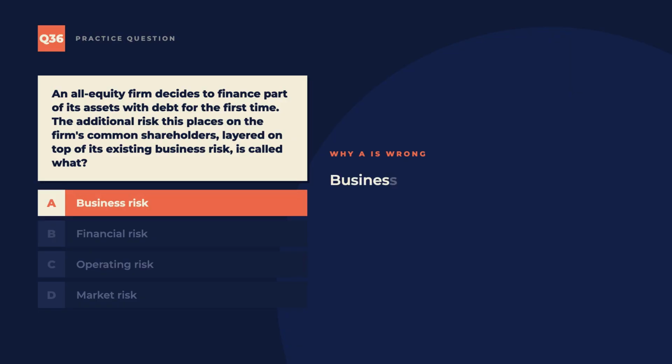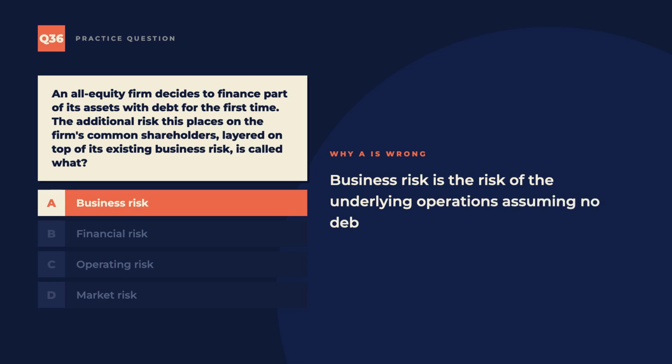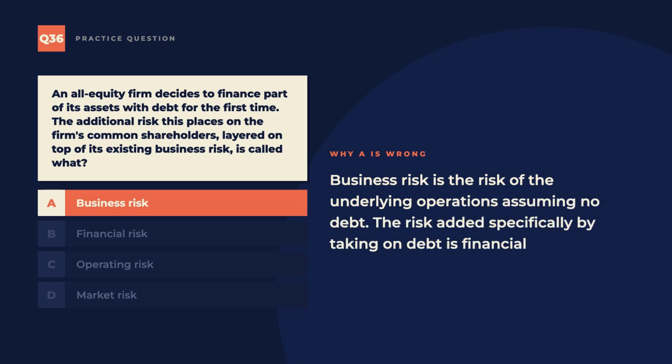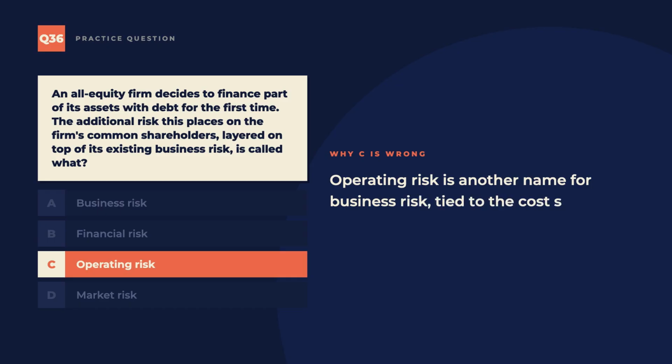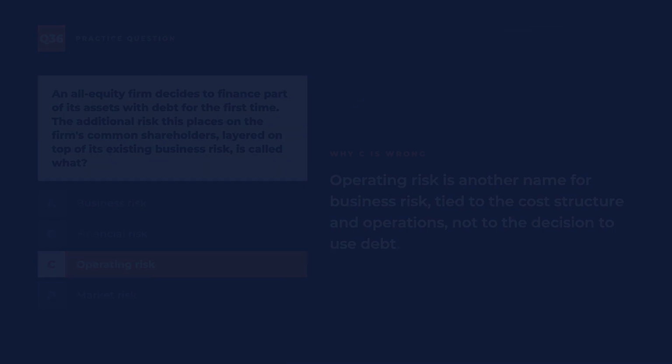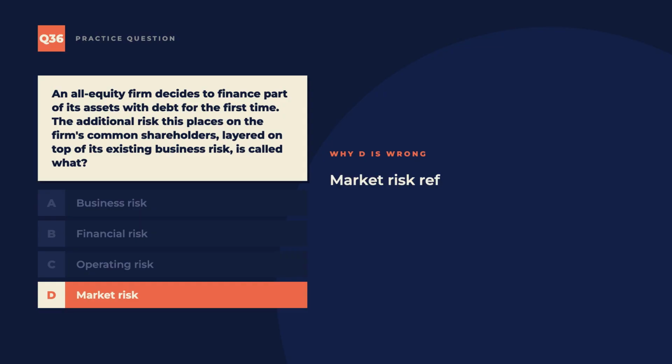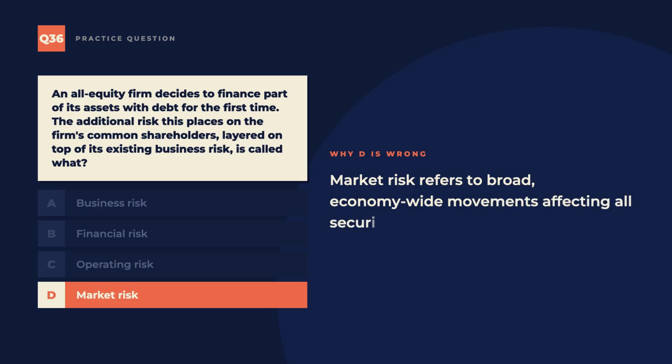A is wrong because business risk is the risk of the underlying operations assuming no debt. The risk added specifically by taking on debt is financial risk. C is wrong because operating risk is another name for business risk, tied to the cost structure and operations, not to the decision to use debt. D is wrong because market risk refers to broad, economy-wide movements affecting all securities, not the firm-specific risk added by